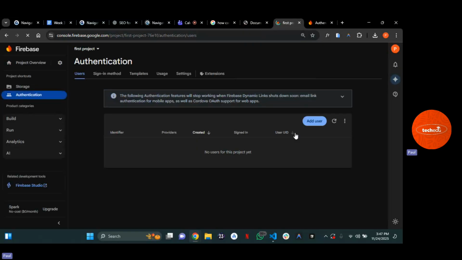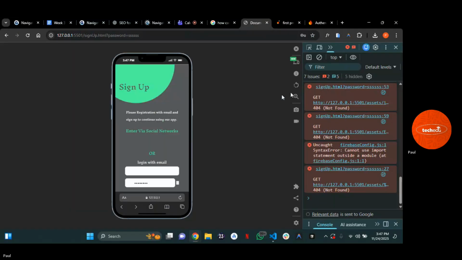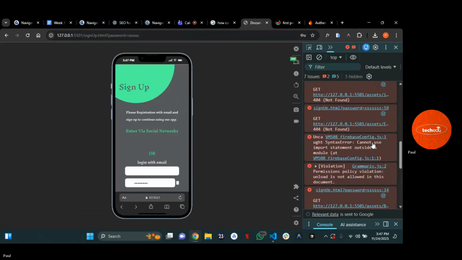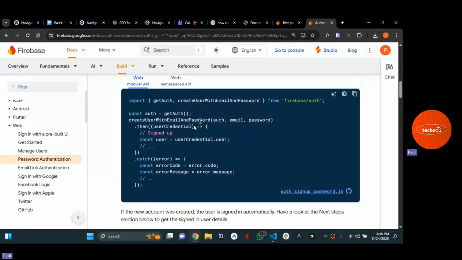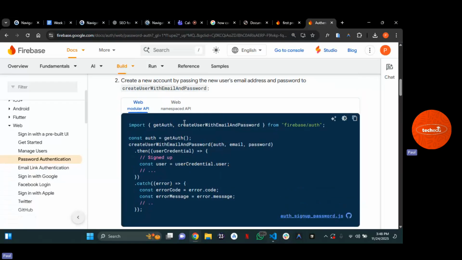Sorry, it was wrong. It's saying not found. Password not found. Let me check this list. So what are we trying to do? We are trying to create user with email and password, right? So if you are creating user with email and password, then